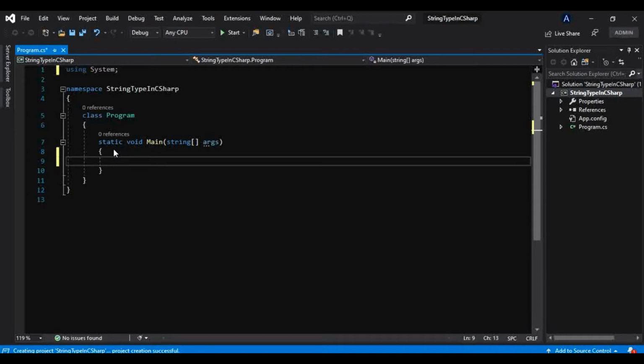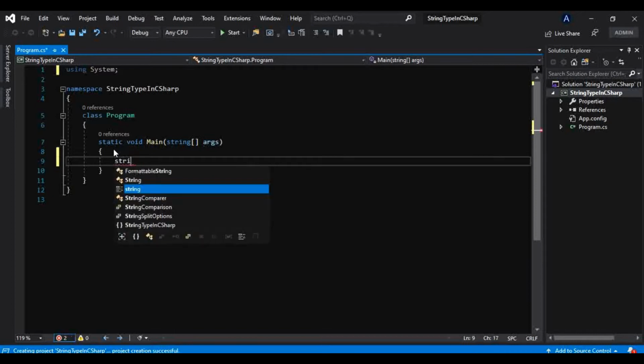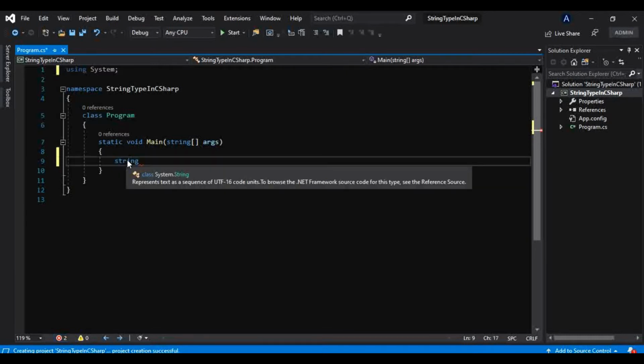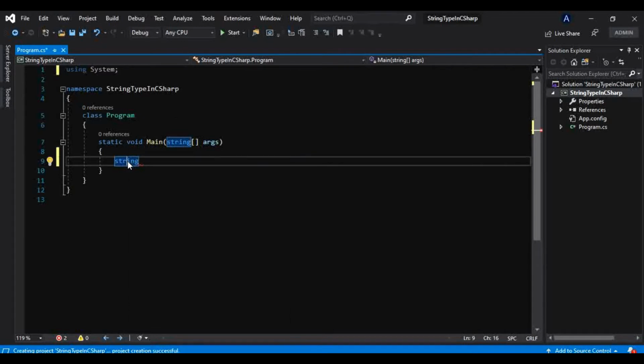First of all, as I have told you in the previous tutorial of this series also, this is just an alias for the main class, that is String in C Sharp. So what is the .NET type of this alias? We will see that first. We will go to the definition of the string.